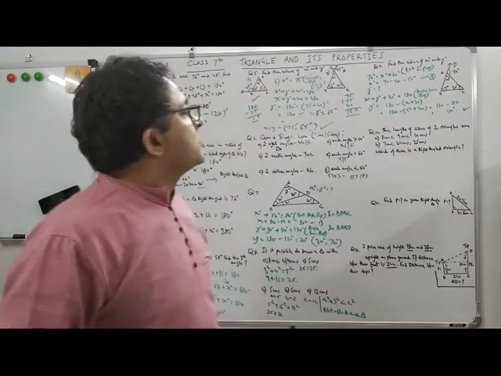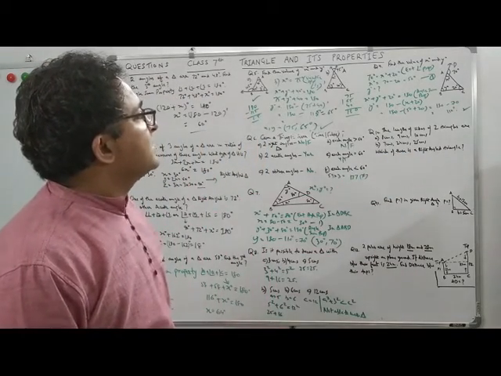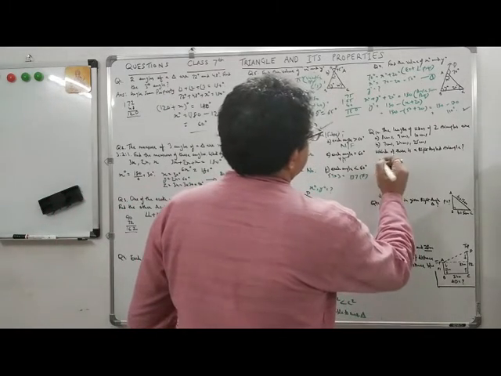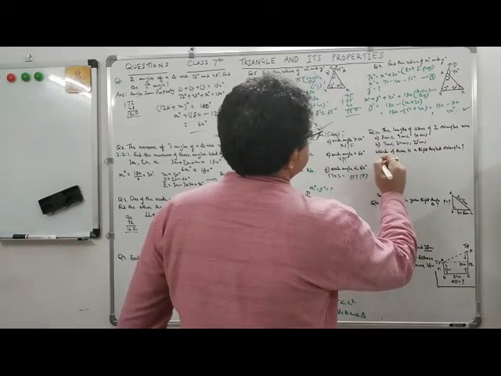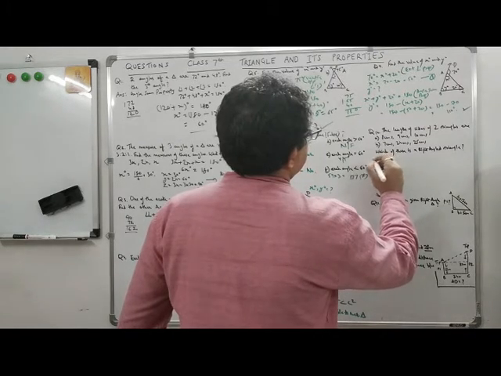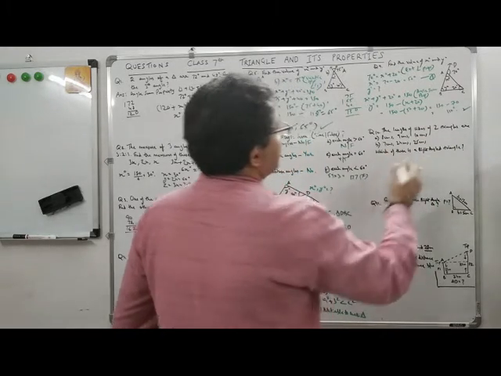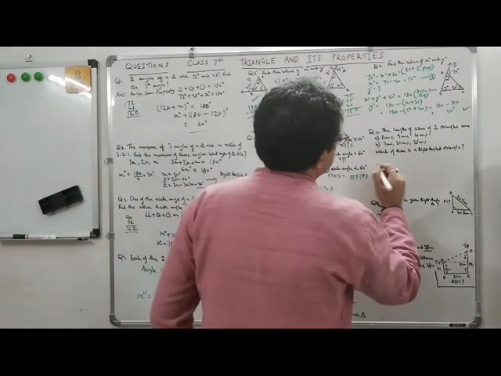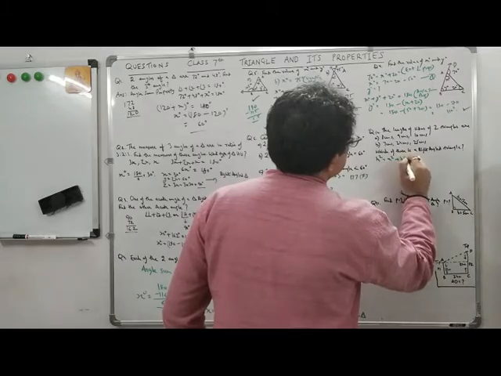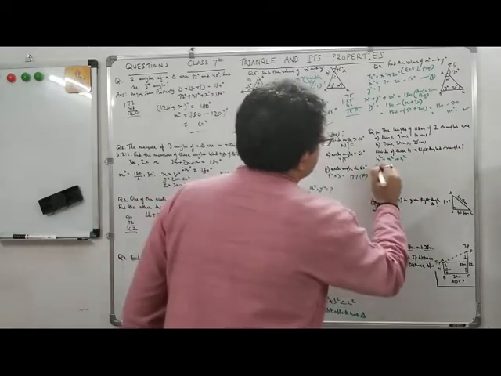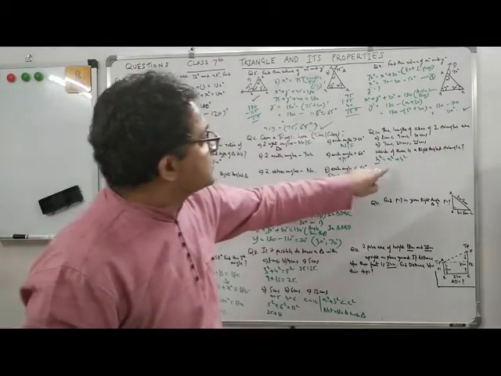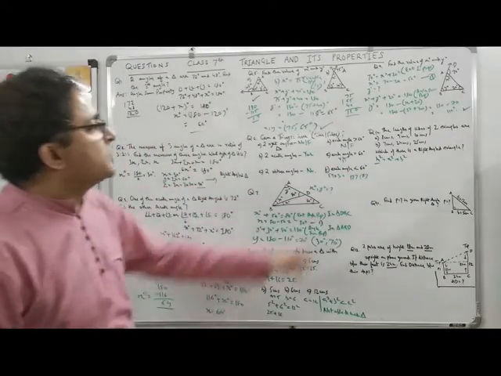The lengths of the sides of two triangles are 8 centimeter, 9 centimeter, and 10 centimeter. So this will be A. Okay, let's take this. Which of these is a right angle triangle? In a right angle triangle, we know hypotenuse square is equal to a square plus b square. Because the hypotenuse is always opposite to the right angle, if this equation is verified, then it is a right angle triangle. This is what is being asked.